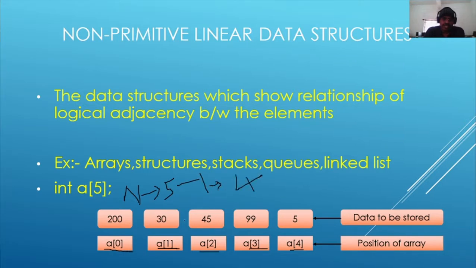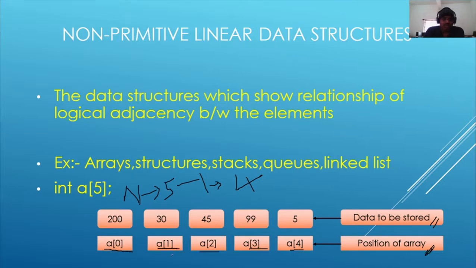Is it right? So A of 0, A of 1, A of 2, A of 3, A of 4 indicate the position of the array, and now we have the data to be stored. So here 200, 30, 45, 99, 5. These are the different data that are to be stored in the integer array.